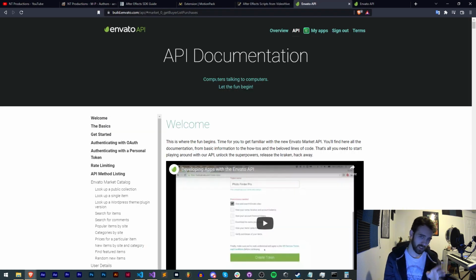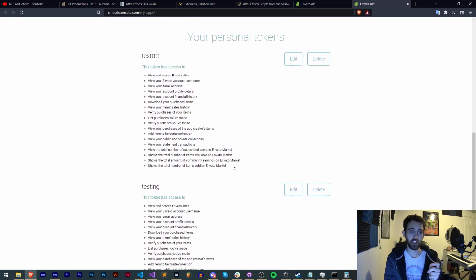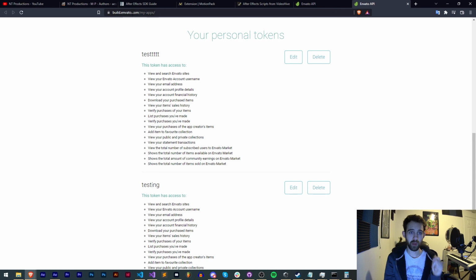And there's pretty detailed API documentation of how to access the different things. We're basically going to be comparing the username the user inputs to the purchase code using our own token to access that information and make sure that it's valid for them to be able to use it. Then we save that information in a file so that if they relaunch the app, it doesn't ask them for the registration again. So to get started, you will need to go to build.envato.com, and you want to create a